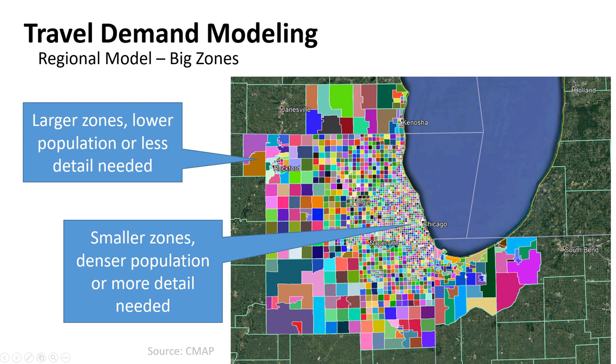And so they're mapping how many people are coming in. They don't care that much this far out. This is LaPorte probably. They don't care this far out about any real resolution or accuracy. What they care about is if you came out of this zone, how likely are you to get to here? And then we'll have a close-up in a second of what downtown Chicago looks like. So where they want more accuracy, we have smaller TAZs, traffic analysis zones, where they really just want to know how many people are coming from here,